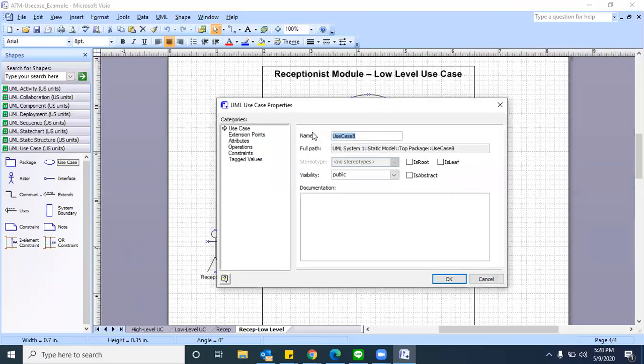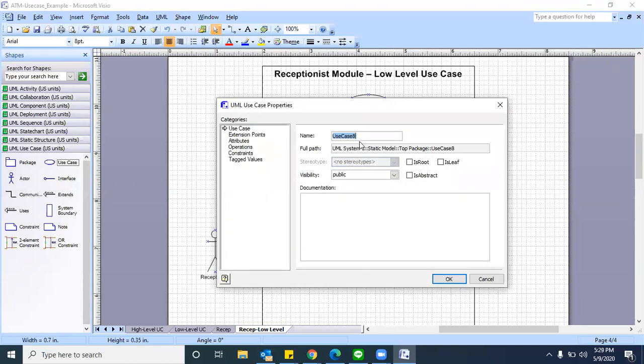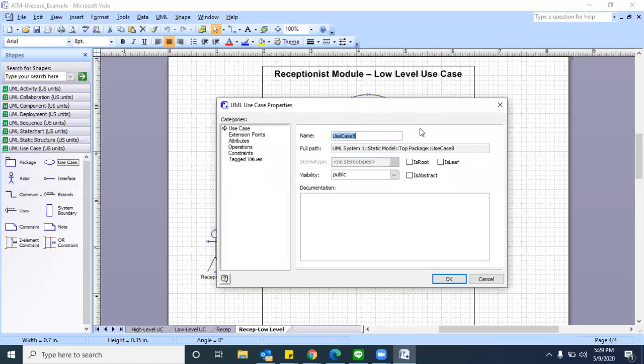First thing, enter patient name, right? Please make sure every use case should be a verb, which is a very important thing for me. If you keep just patient name, that is not a verb, right or wrong? That's the reason I kept enter patient name. Action should be included for starting. Without action, that is not a use case. Enter mobile, and enter gender, right?